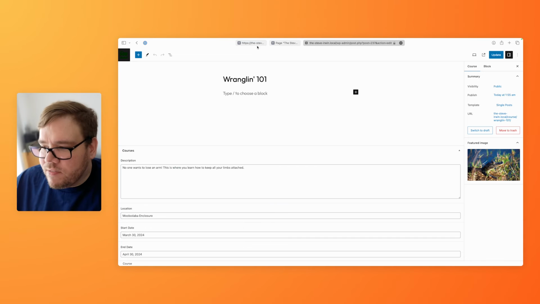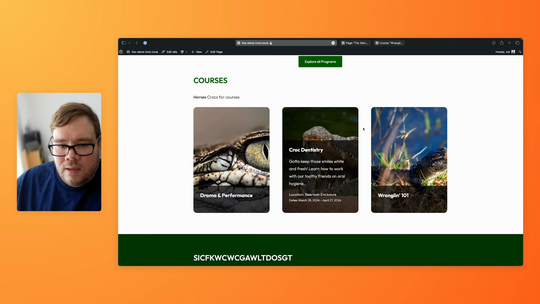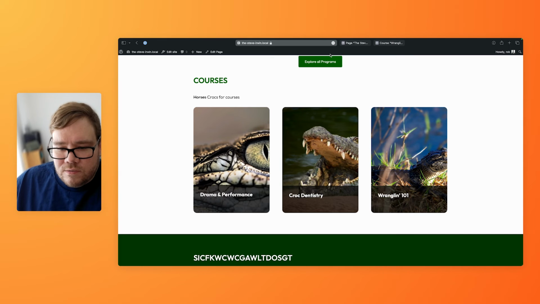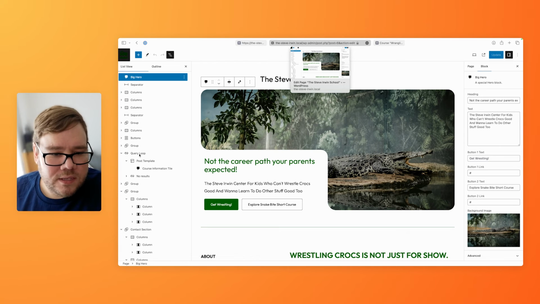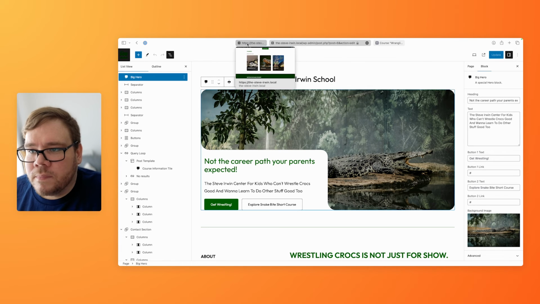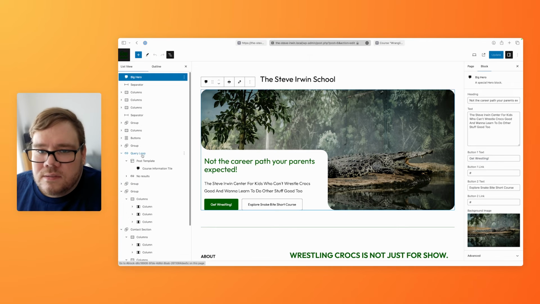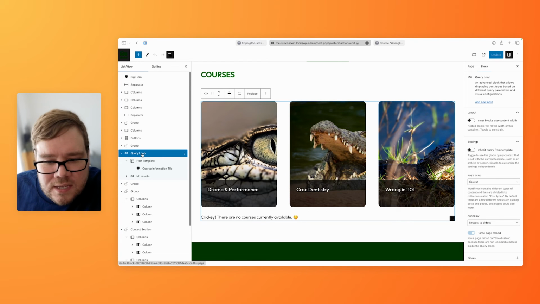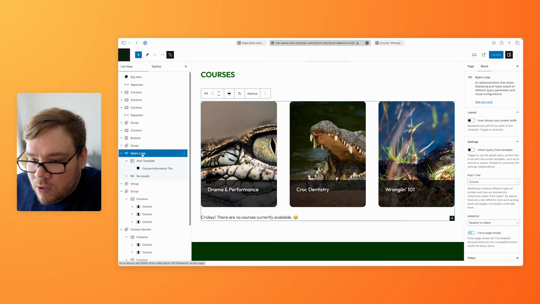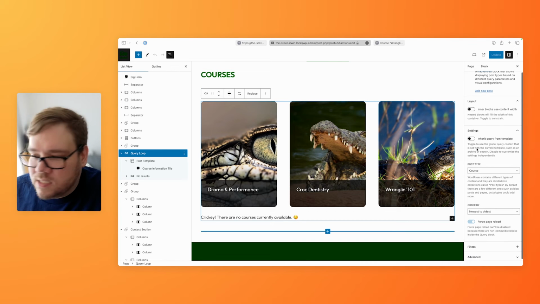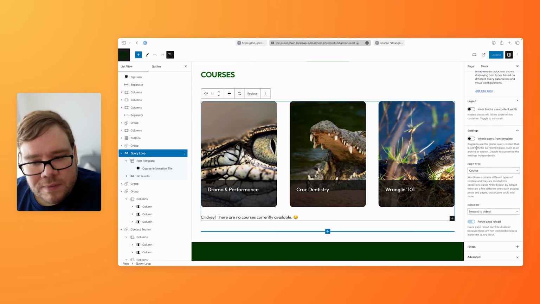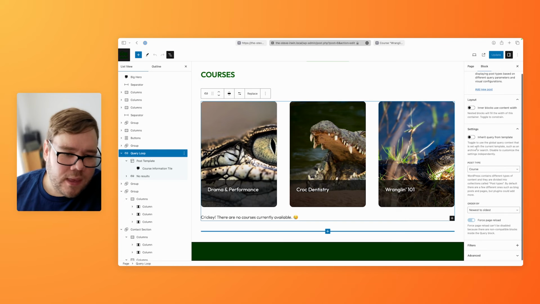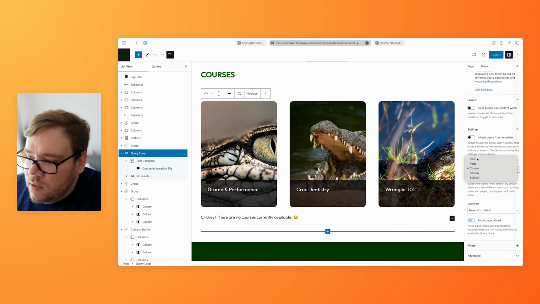And those are kind of the basic fields that we need to display our tiles here for each of the courses. Now, these are really simple. It uses something called the query loop block. Now, this is, there we go. This is a core WordPress block. And what it does is it loops over, much like the query that you might be used to from kind of classic WordPress development. And it allows us to set the post type that we want to loop over,